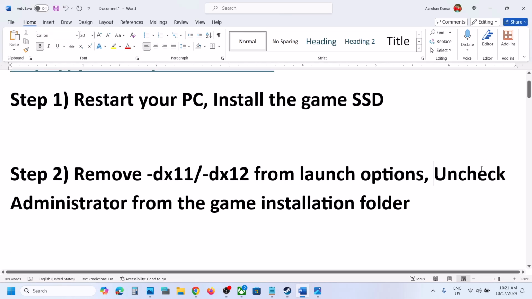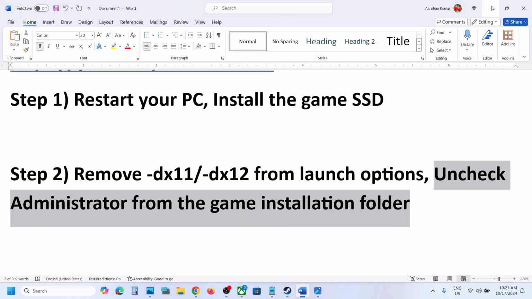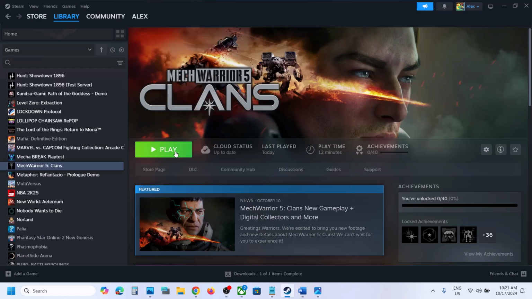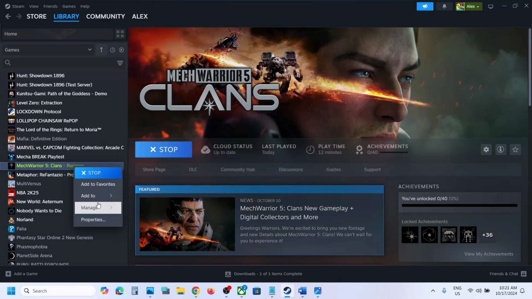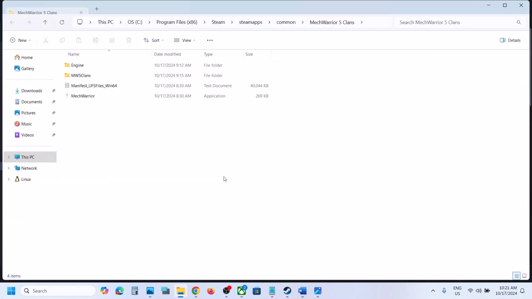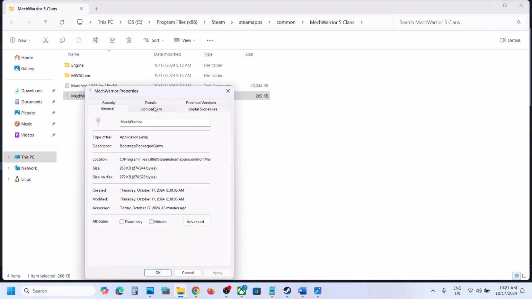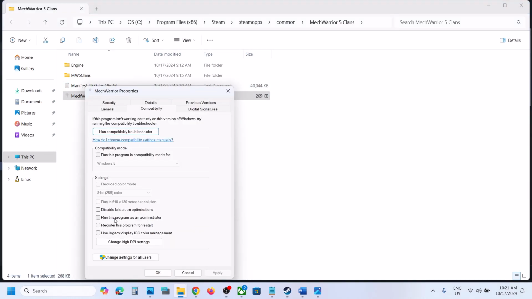Also uncheck administrator from the game installation folder. So if there is a check mark on the game exe file for administrator, you will again receive this error. Now for this, you can make a right click on the game, select manage, now click on browse local files. Now make a right click on this game exe file, select properties, go to this tab. If this box is checked which says run this program as an administrator, uncheck this box and then hit apply,